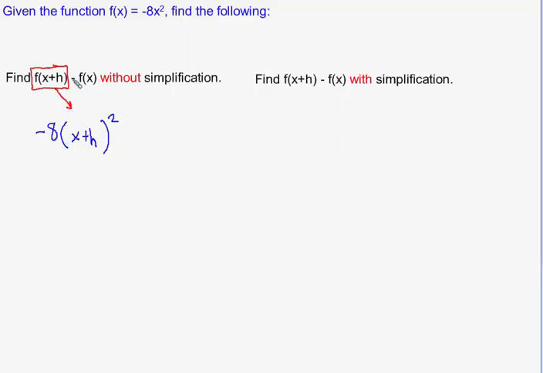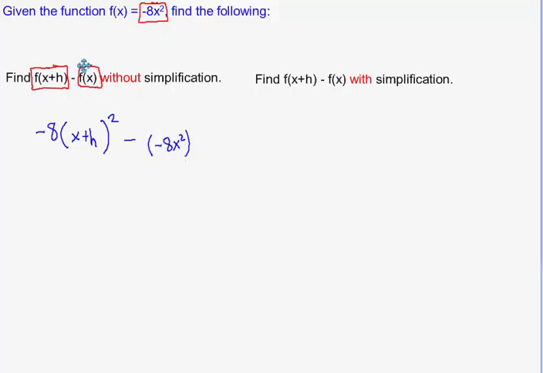I still haven't done the subtraction of f of x. So I'm going to copy the subtraction down. Then I have to write down what my function is, f of x. Be careful, f of x already has a negative symbol. So there was a subtraction symbol in the problem, and then there's a negative symbol in my function. So I'm going to have to subtract a negative 8x squared. So replacing f of x with negative 8x squared,